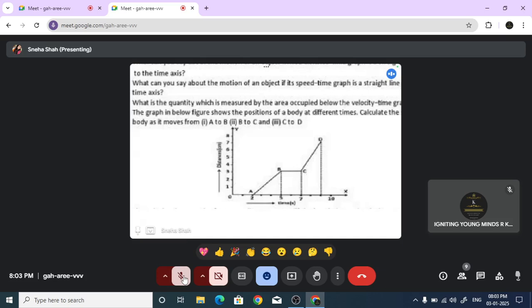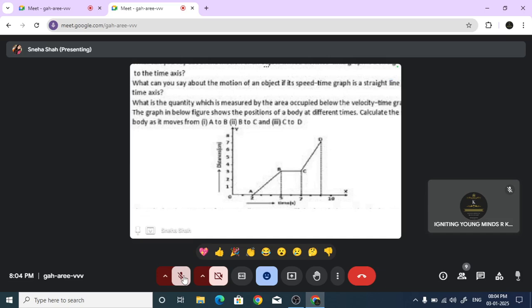Whenever you see a distance time graph whose graph is actually parallel to time axis, it means that the covered distance is zero in that particular time period. So the object is still at 3 meters. It has not increased its distance. That means the velocity or the speed is zero. Okay. From C to D,